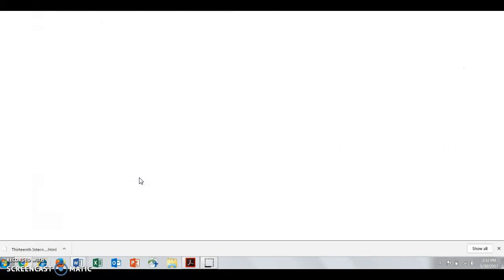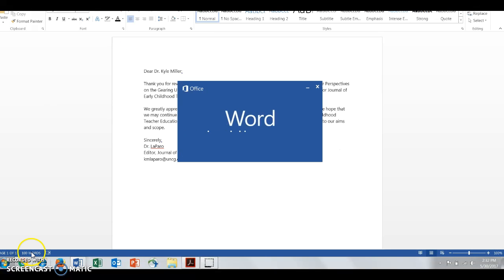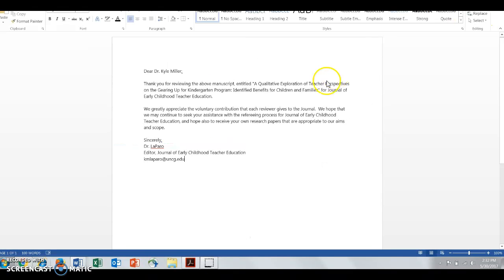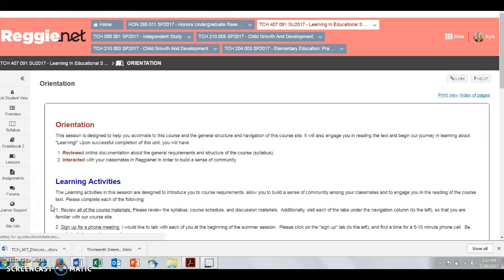You can click and open. That will tell you specifically. It gives you a template for how you can fill out that summary, and then it talks about how you will be scored. Okay, so we'll go back